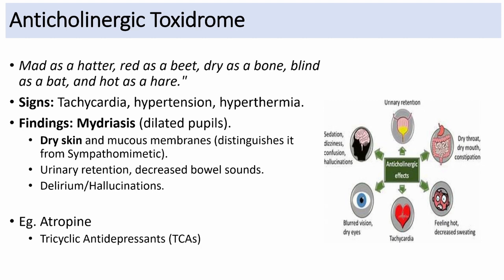tricyclic antidepressants, antipsychotic drugs can cause anticholinergic toxidrome. That means they present with tachycardia, hypertension, increased respiration, and very high temperature. Mad as a hatter, red as a beet, dry as a bone, blind as a bat, and hot as a cat. That means